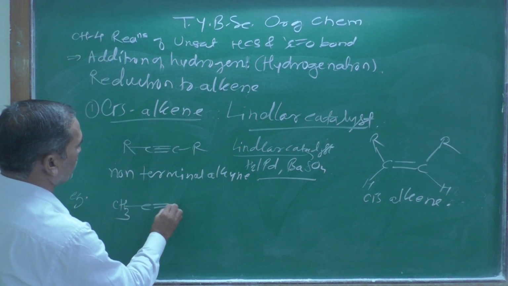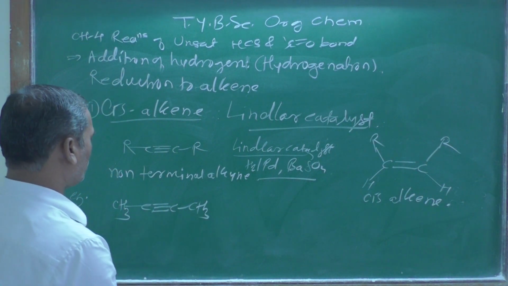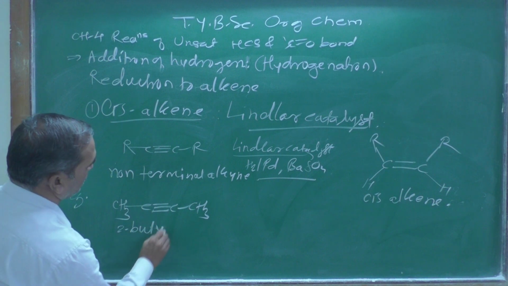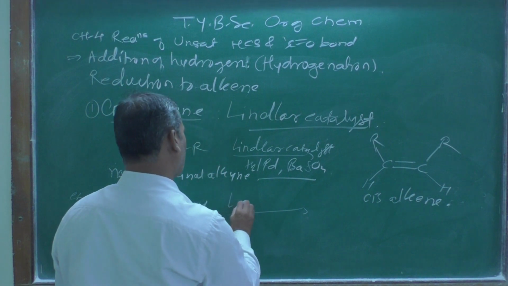CH3, then C triple bond C, here CH3. R is equal to this one. The name of this compound is 2-butyne. When it is treated with Lindlar catalyst,